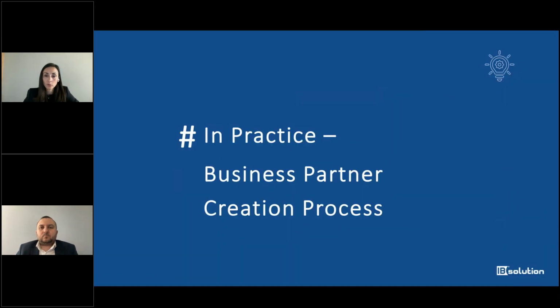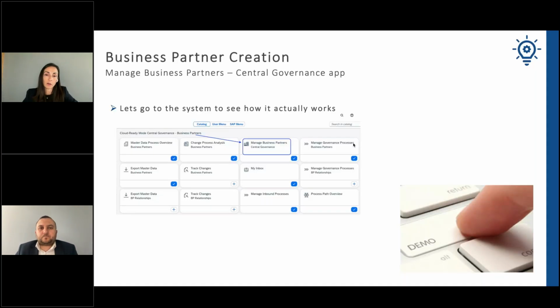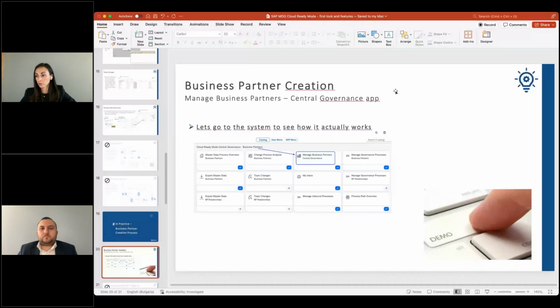And now what I would like to do is jump directly into our system and see how the things which we mentioned up to now actually work. So let me briefly switch my screen.